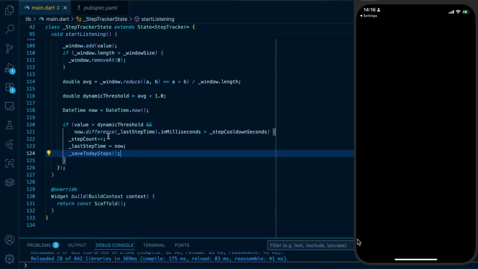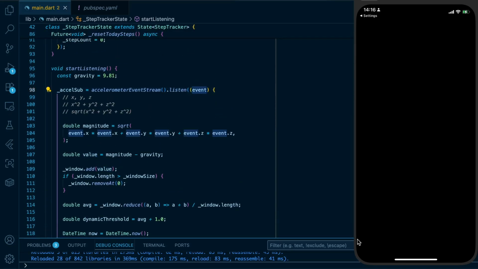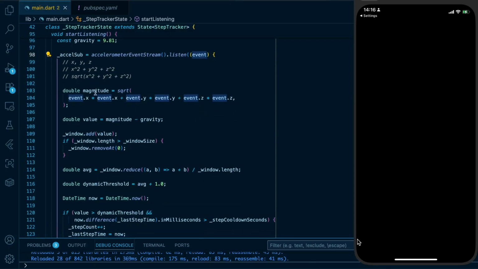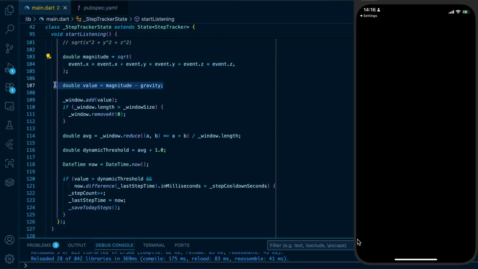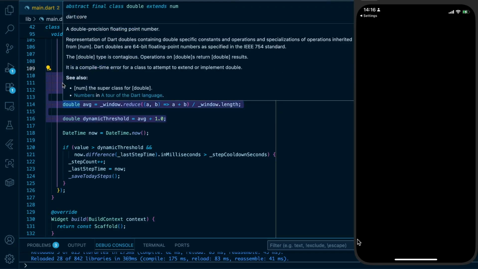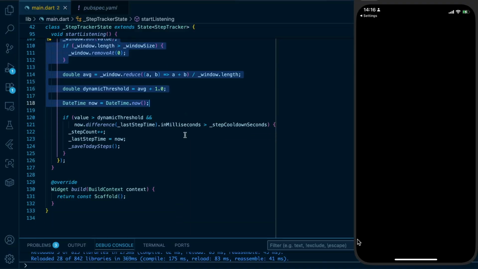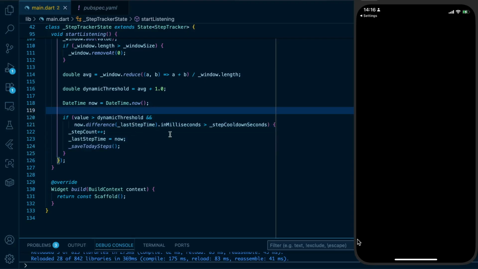So all we've done is we've just taken our value. Remember the readings that we get from our stream. We take that, we do our calculation, we remove the gravity constant, and then now this is just about creating an average, or a threshold, that helps us know whether it's an actual step or not. Then we just set our condition. If the value is greater than the dynamic threshold and the time is greater than 350 milliseconds, now we add